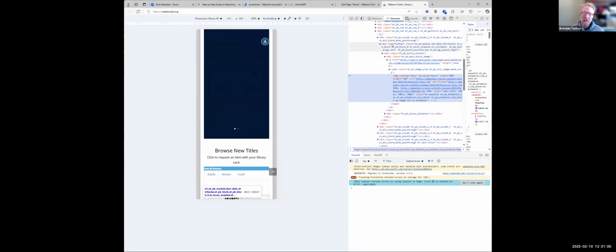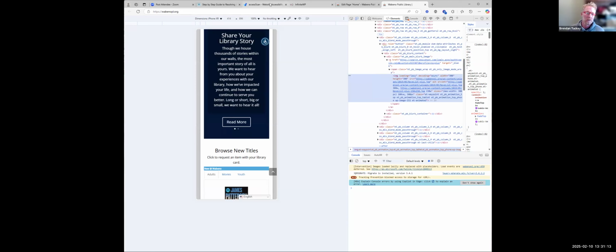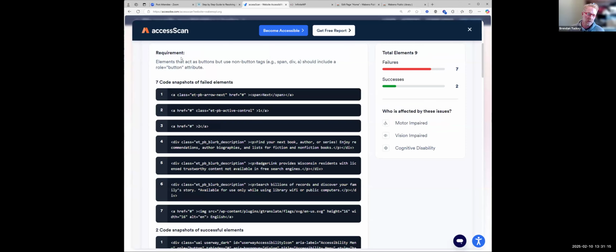Here we go. So now in the outer div, we have role equals button, which is what Access Scan said it would like for something that's acting like a button. So now if I refresh that,